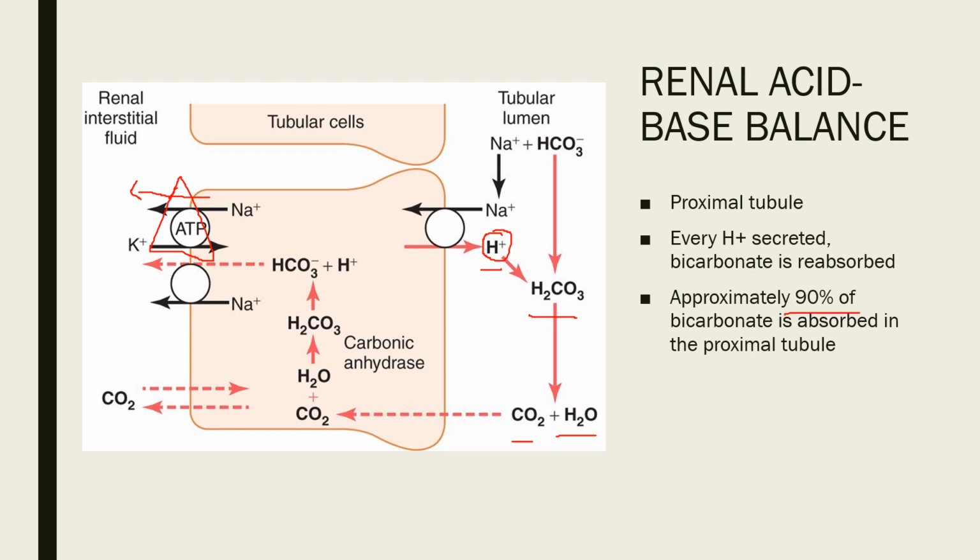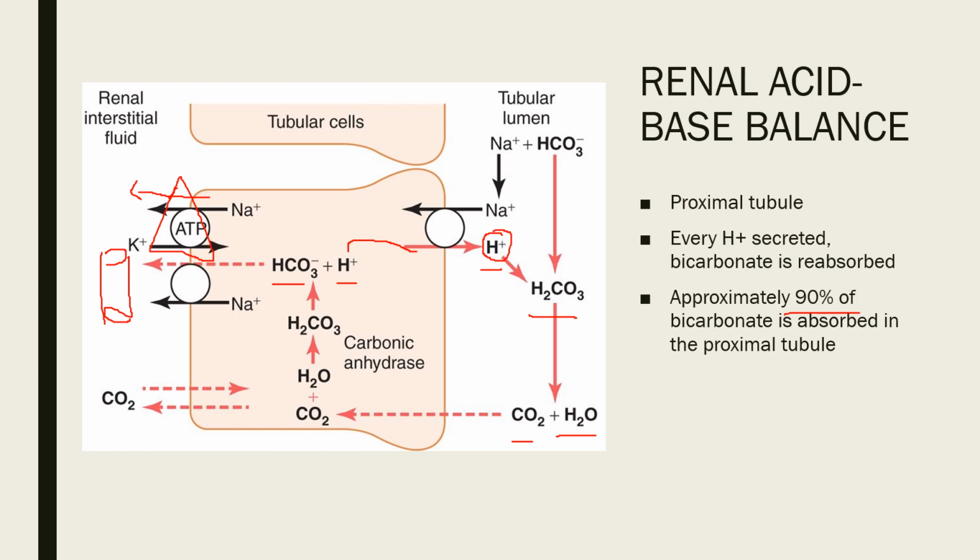Once it goes inside, the reverse happens. Here also carbonic anhydrase plays an important role. The bicarbonate which is formed and the hydrogen ion which is formed exit the cell like this. The hydrogen goes to lumen, the bicarbonate enters into interstitial fluid and ultimately your blood vessels by this sodium bicarbonate